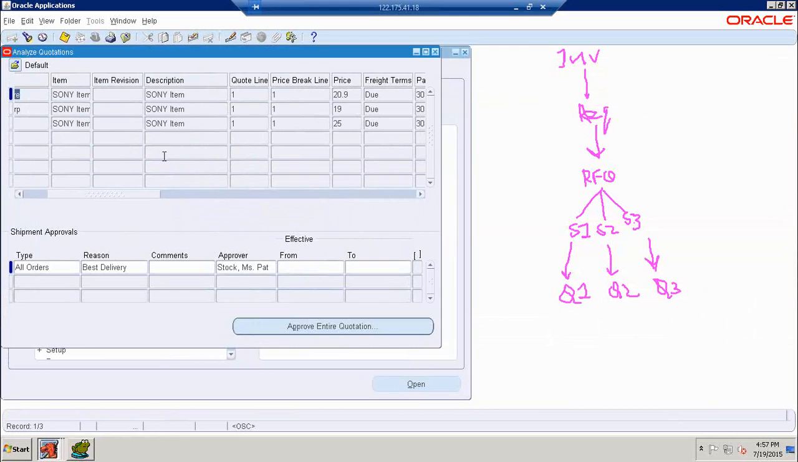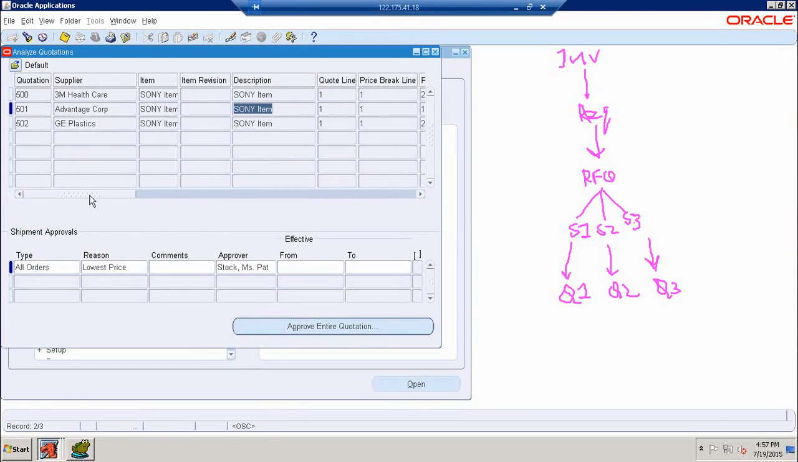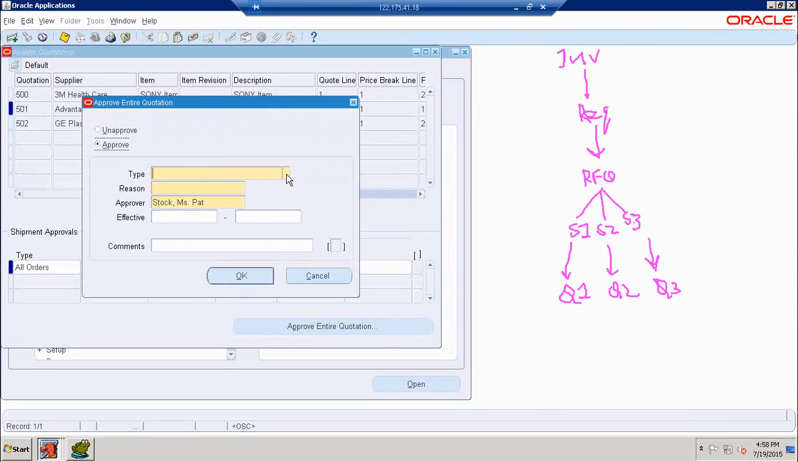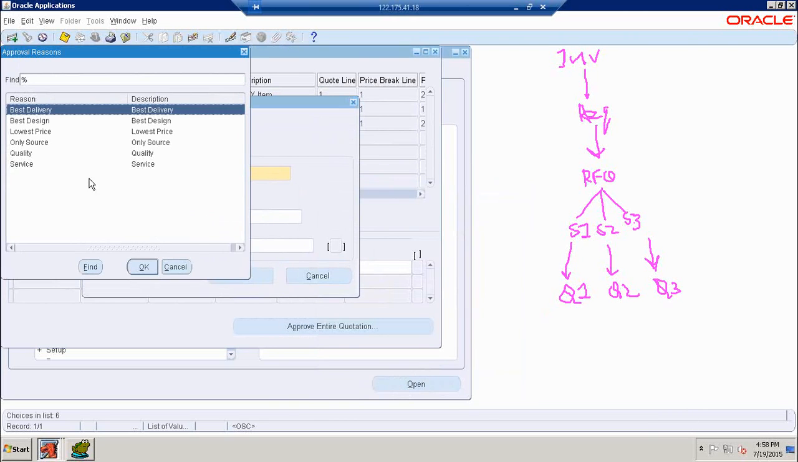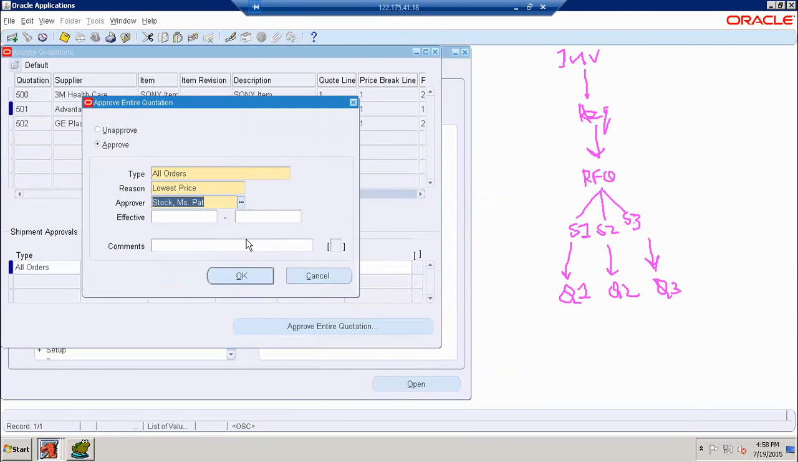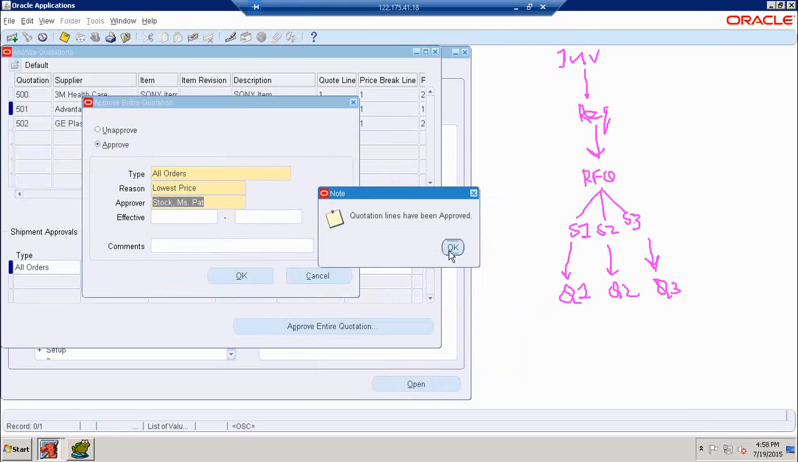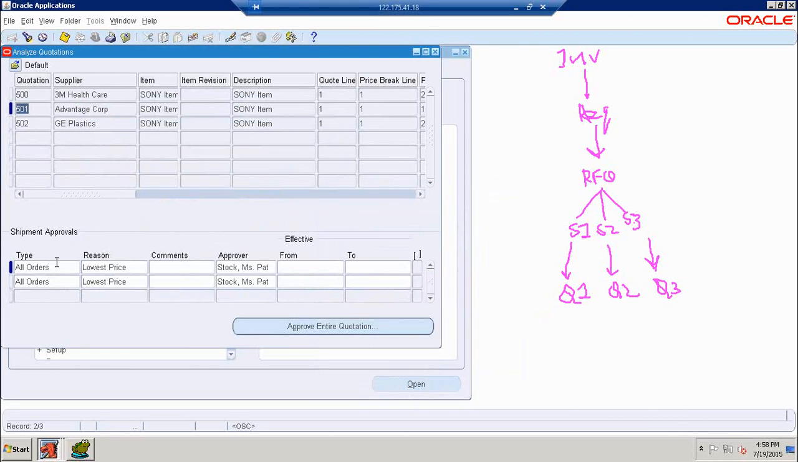Which is the best one? Analyze each and everything. This is the best one as per our requirement. It is giving some discount also. Now we are going to click on approve entire quotation, all orders, lowest price. Click on OK. Now this quotation is approved. Automatically it will be added to this table, in the shipment approvals level. Once it is finished,